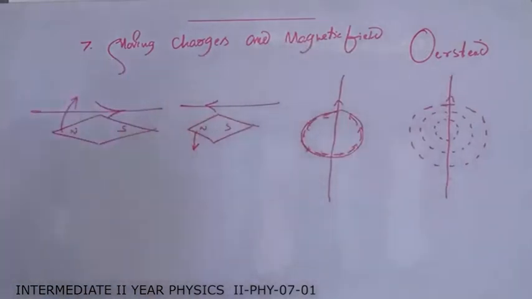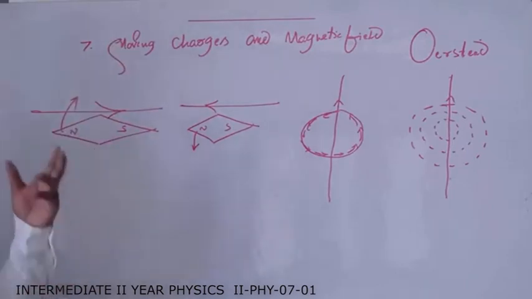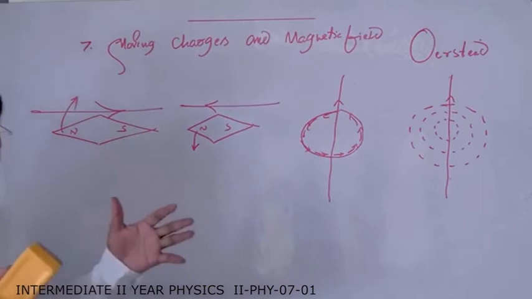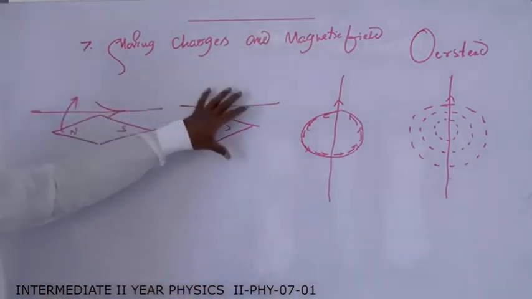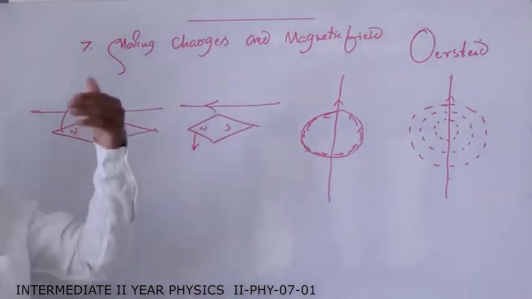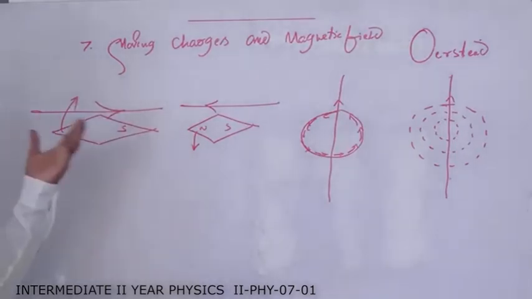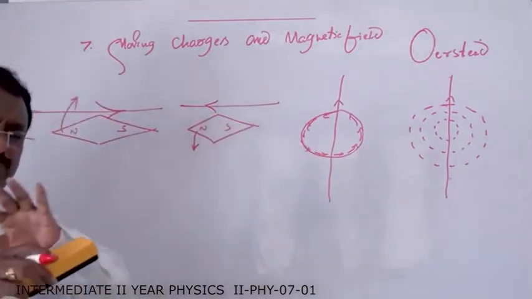So by doing all these experiments, it is stated that when current is passing through a conductor, some magnetic field is created around the conductor. So what is the other source of the magnetic field? A bar magnet. What type of magnetic field takes place around a bar magnet? The same type of magnetic field is created here also. A stationary charge produces an electric field, but a moving charge produces a magnetic field. The properties of the electric field and the magnetic field are almost similar.